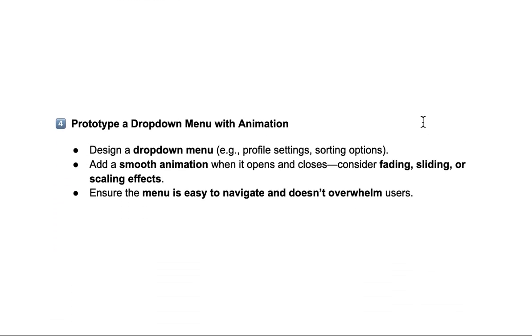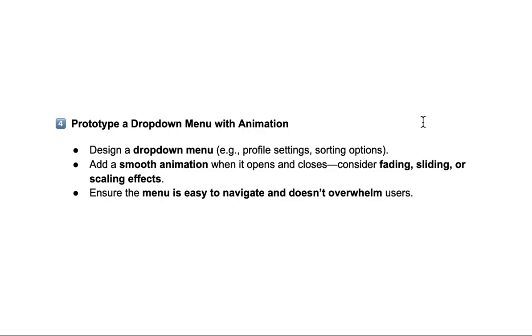Day 4, prototype a drop-down menu with animation. And this could be for a mobile app, this could be for a website. But you could potentially use some of your information architecture from 2 weeks ago if you processed or you went through that exercise. But think about how these things expand, both in how they're positioned next to each other, the animations,